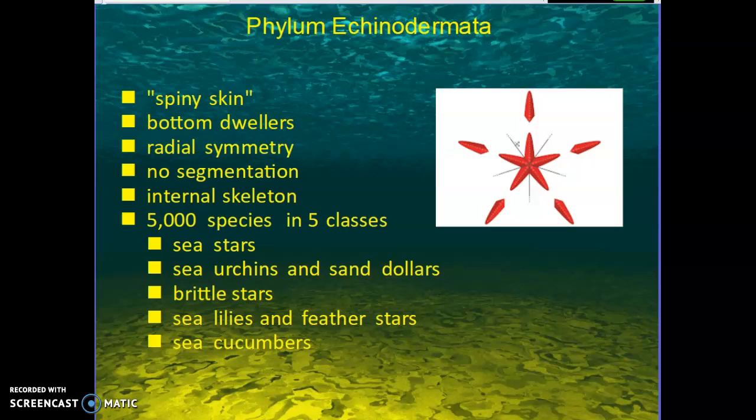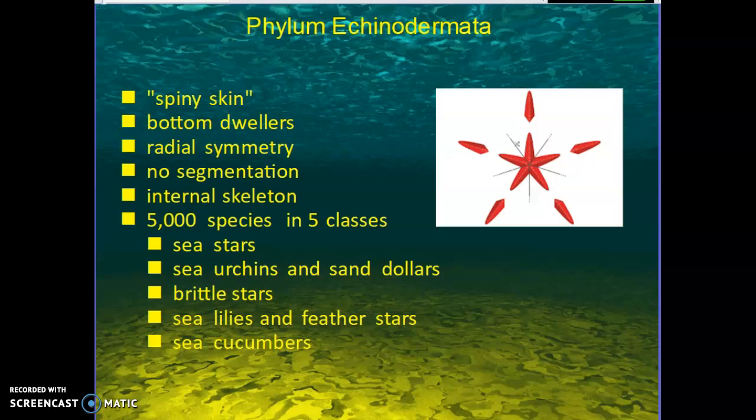Most of them are bottom dwellers and they have radial symmetry, which is different than most of the other symmetries we've talked about. So basically what that means is you can cut them many ways equally in half, unlike us, where we're bilaterally symmetrical. So starfish kind of take a step back from the other phyla that we've talked about,